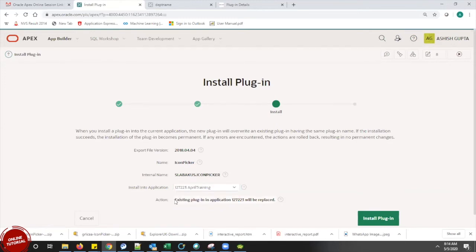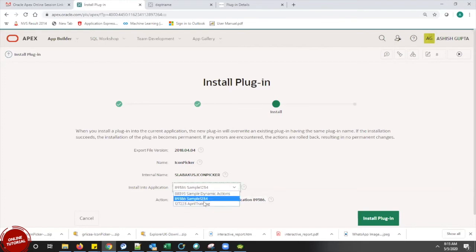Yesterday I installed some of the plugins just to understand which is better, which would be easy. So that is why it's saying the existing plugin in the application will be replaced. If I install into a new one, it will not say the same thing because it is a new plugin. So the plugin is going to be created in my application or whichever other application is there. Okay.